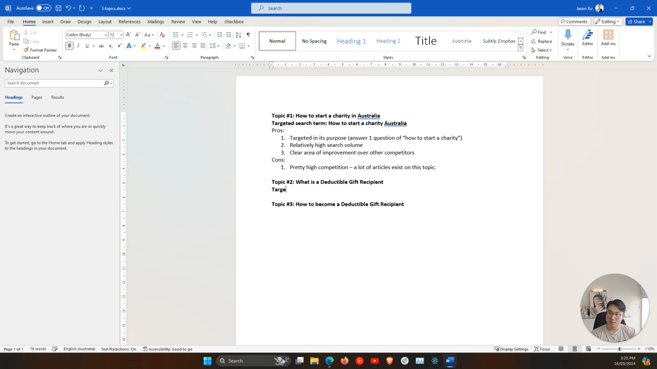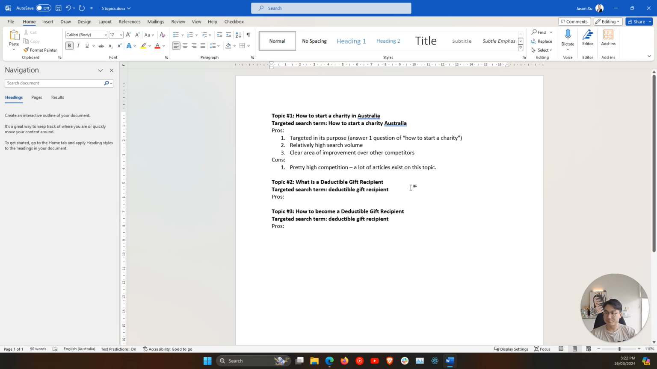Both of them will be targeting the search term, deductible gift recipient. I'm going to try to write 2 separate articles that rank for that particular search term. I'm going to type this out first and then explain why in a second. Okay, cool. So here's why topics 2 and 3 are what is a deductible gift recipient and how to become a deductible gift recipient, respectively. The reason for that is